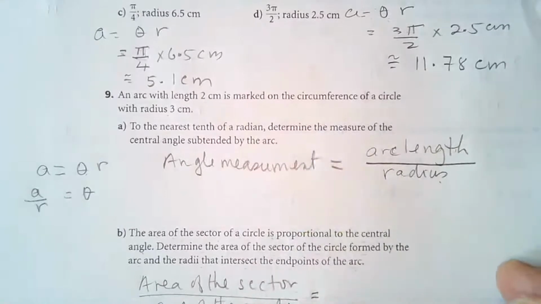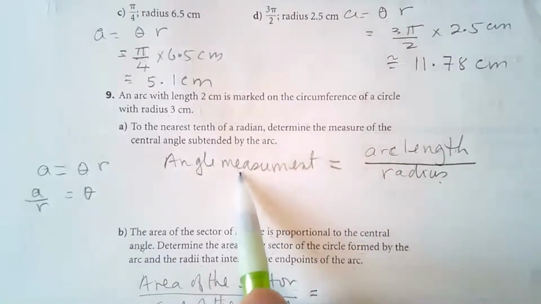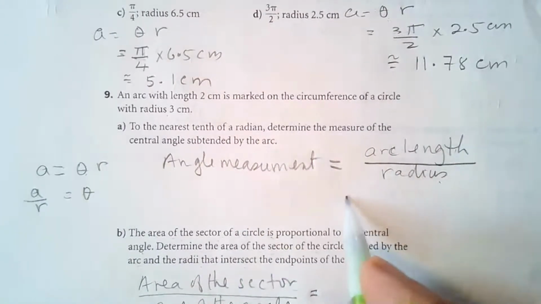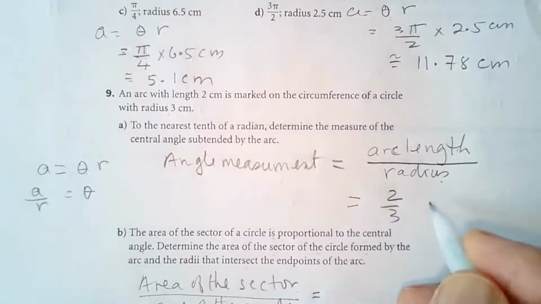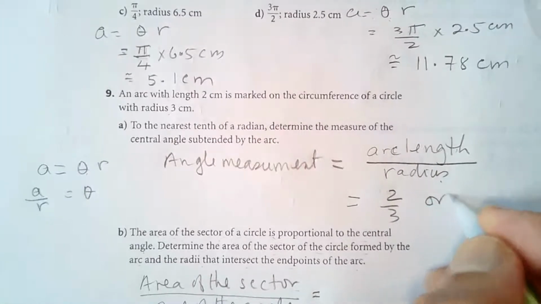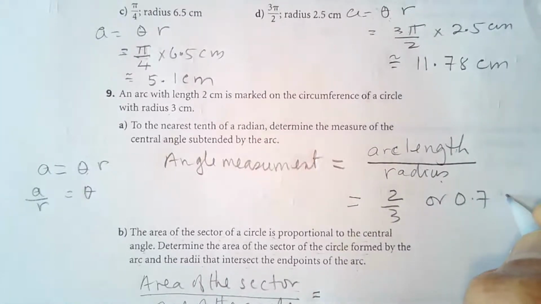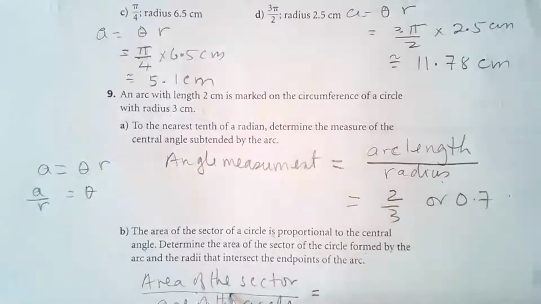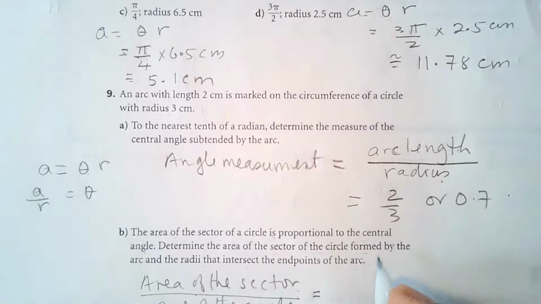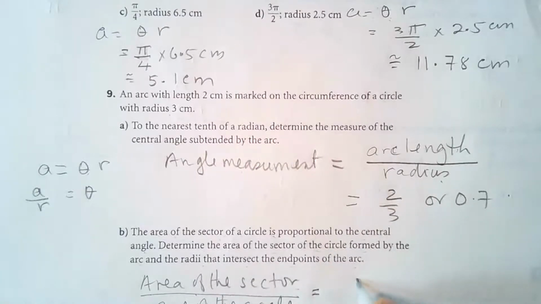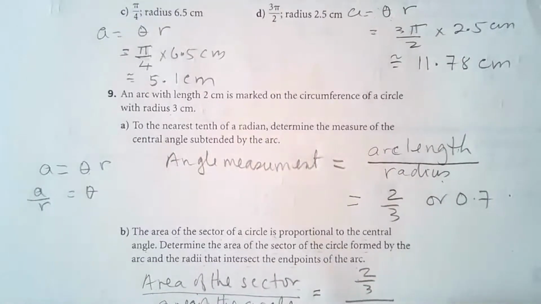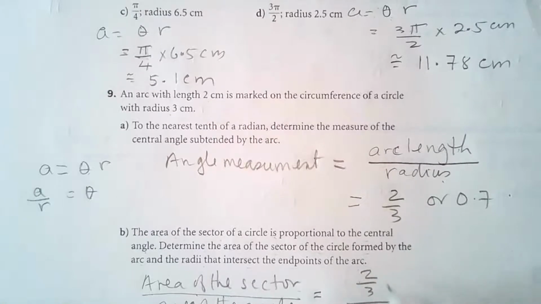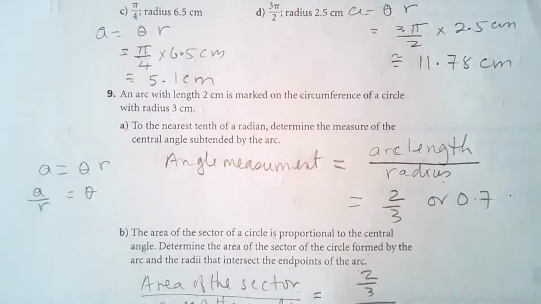Now we know from here, they told us that the angular measurement is 2/3. But we didn't work it out. No, we did not work it out. Okay, we need to work this out. 2 divided by 3, or 0.7. So the area of the sector is equal to the angular measurement divided by 2 pi. So we have 2/3 over 2 pi. So this is the area of the sector divided by that. And so that will give us,